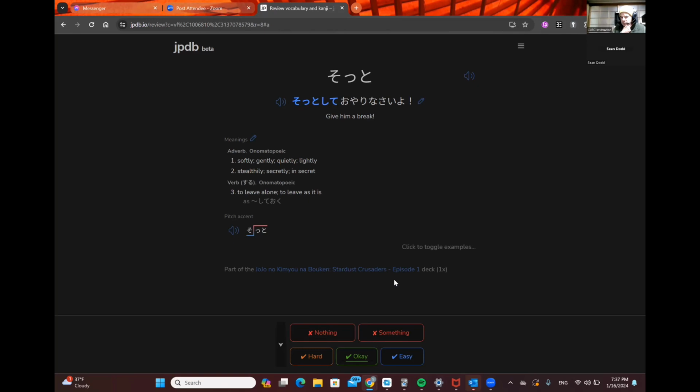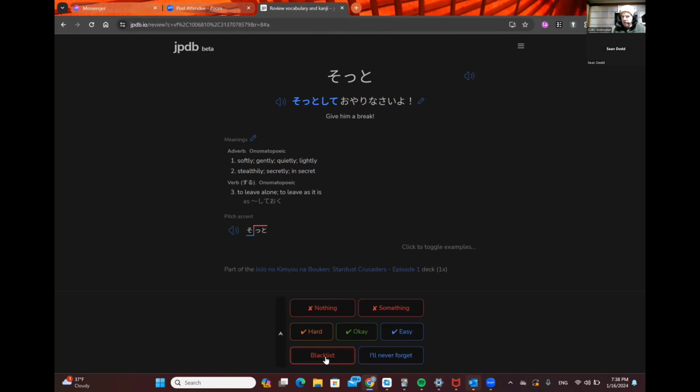At this point, I'd click nothing, the nothing tab. So it goes from the bottom: nothing is the lowest, something is a little higher, and hard is a little bit better. There are also these: if a word gets by you and you really do know it, you can click it and you'll never forget it.